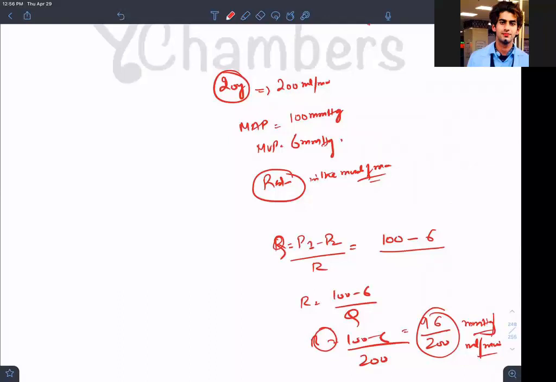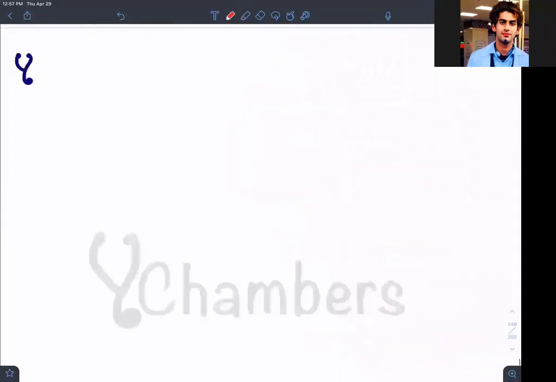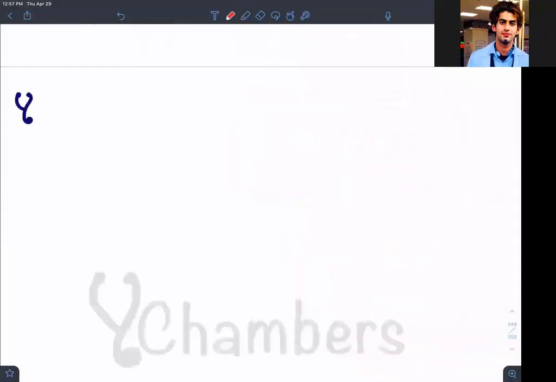Now, we use this velocity concept, velocity of blood flow. I hope you know this now. If I take this equation again and rearrange it, I take V is equal to Q by A. Can we know V is equal to Q by A, where Q is the blood flow and A is the cross-sectional area, and V is the velocity?